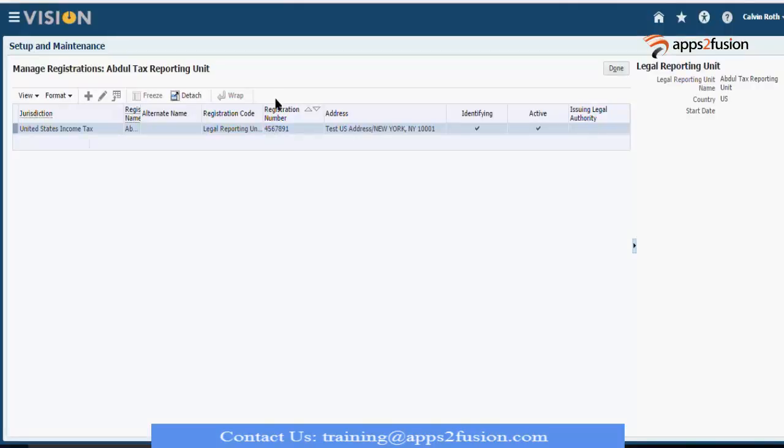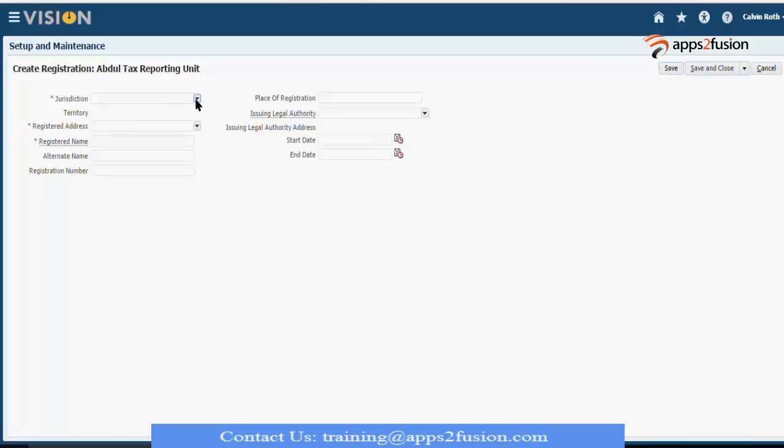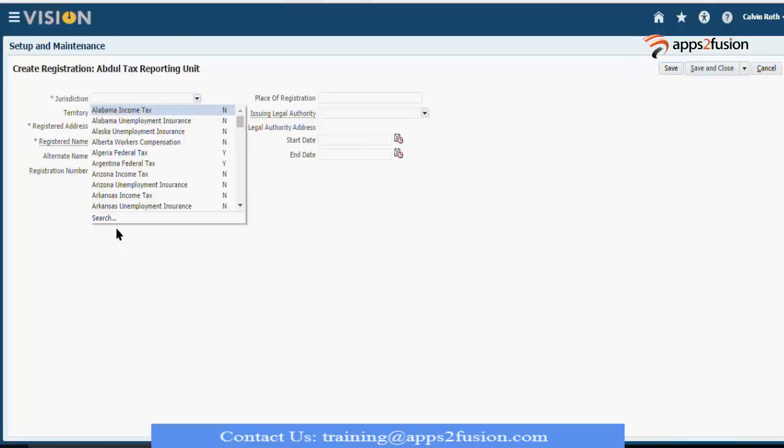You saw that, right? While creating the LE, I gave two numbers there, the EIN or TIN and the registration number. So the registration number is used at this level. By default it will create one. For US I need this as well. I need the federal income tax thing as well.